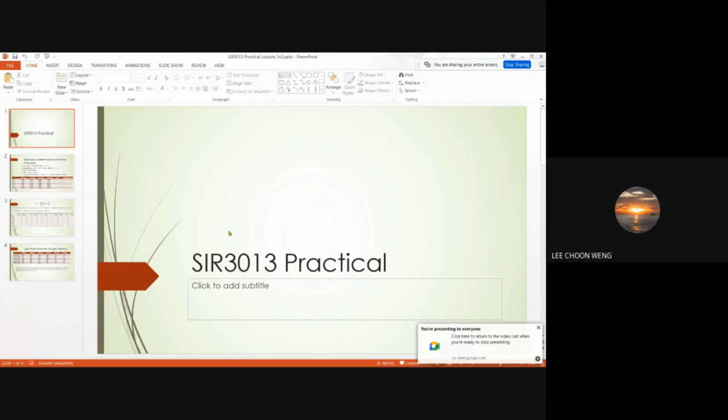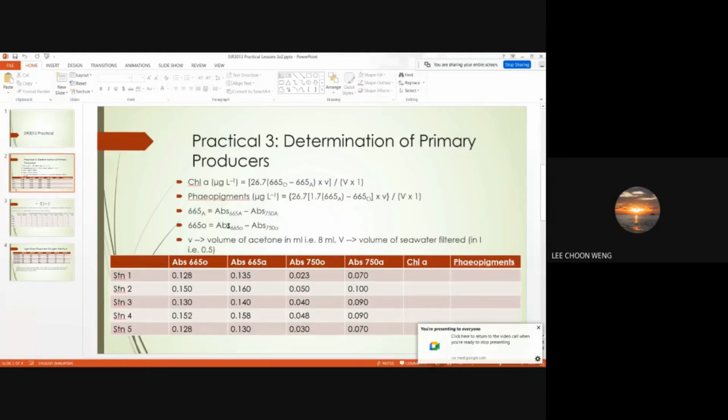Okay, so now we're looking at practical 3, determination of primary producers. For this, the primary concern is how to use the formula here. Okay, so if you look here, it's for chlorophyll A,